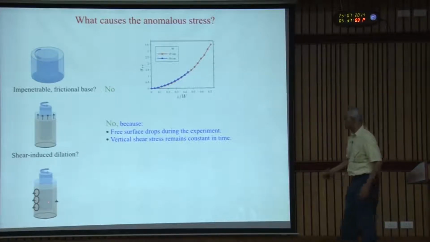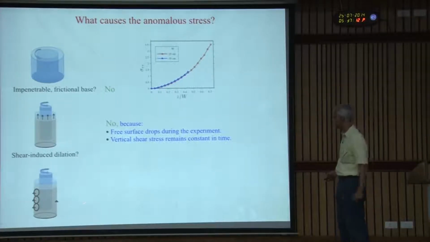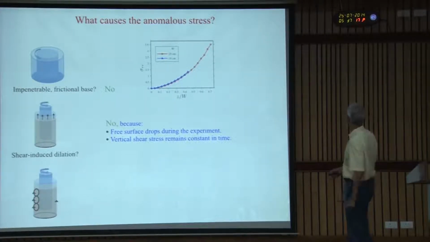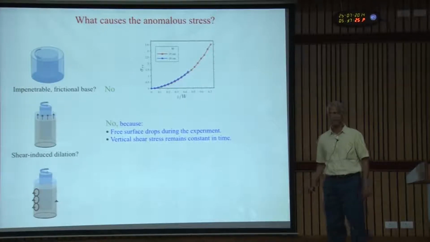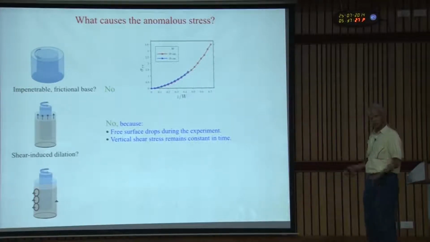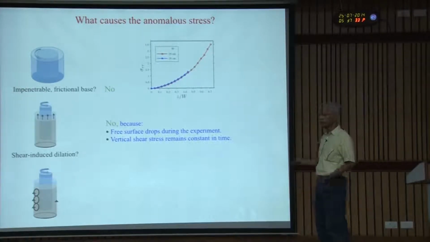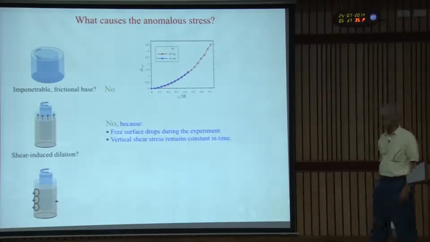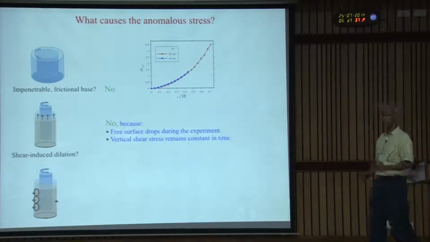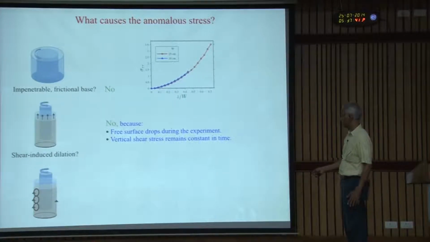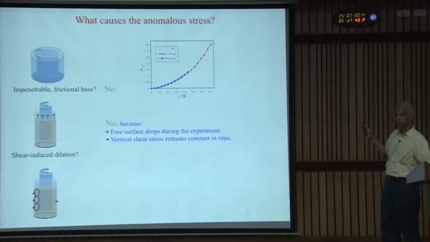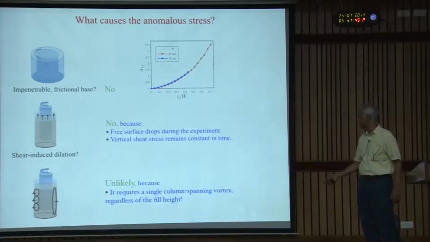Well, if it were like Taylor-Couette flow, which I showed you initially in the second slide, then imagine what the shear stress at the wall would have to do. It would be switching signs as you go from one roll to the next, right? If it were a fluid, and it would be the same for granular material if it obeyed any of those plasticity theories. The shear stress would switch sign as you go from one roll to the next. So if you don't want the shear stress to switch sign, then you'd have to have one massive roll,